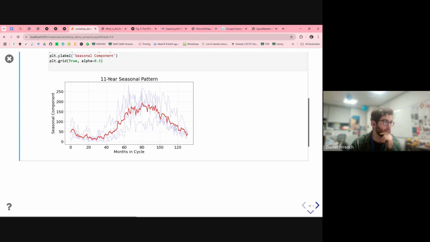Once we divide it up into those interval patterns, we see all the blue lines here in the background, and then when we calculate the average of those, that's when we get our typical or average seasonality across the data set. And as something we'll come back to later on, just notice how the variance changes. Does the seasonality have higher variance at the peak of the cycle or at the minimum of the cycle? So the maximum or the minimum, where is there more variation in the number of sunspots?